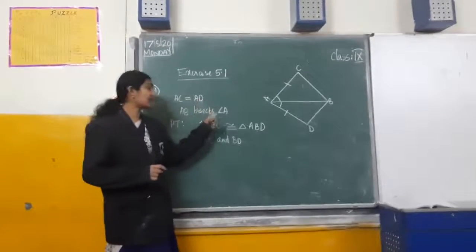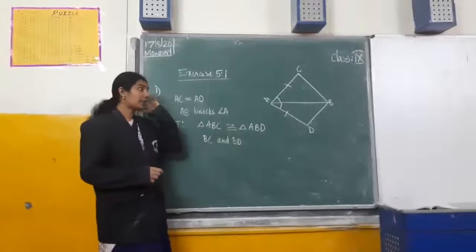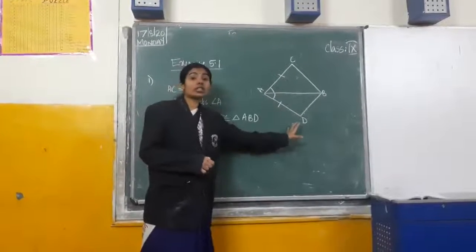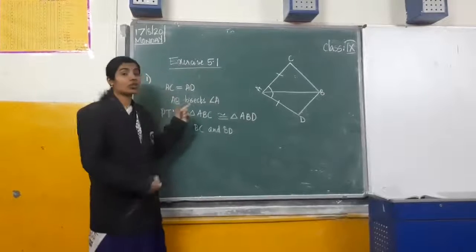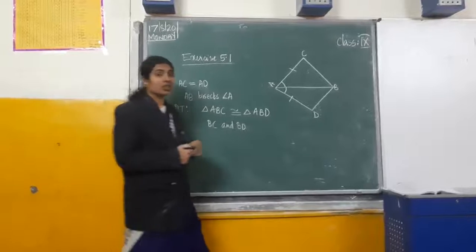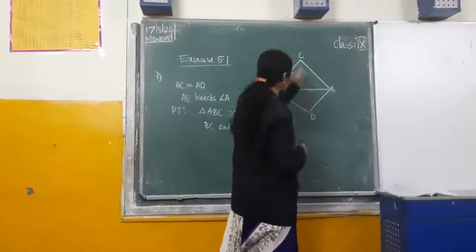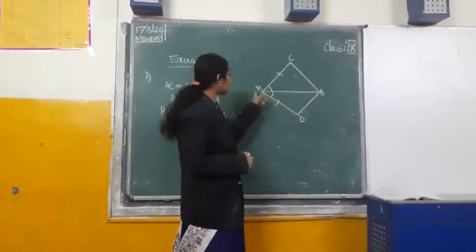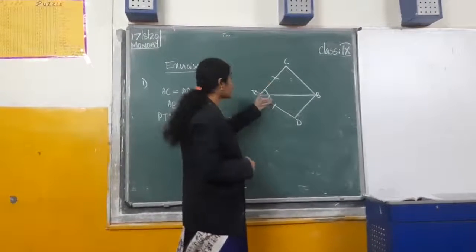See, this sum is from your textbook. I will read the question now. They are giving one figure for this question. So what does the question mean? In this given figure, AC equals AD. See, by saying this quadrilateral shape, AC equals AD. That is already given.